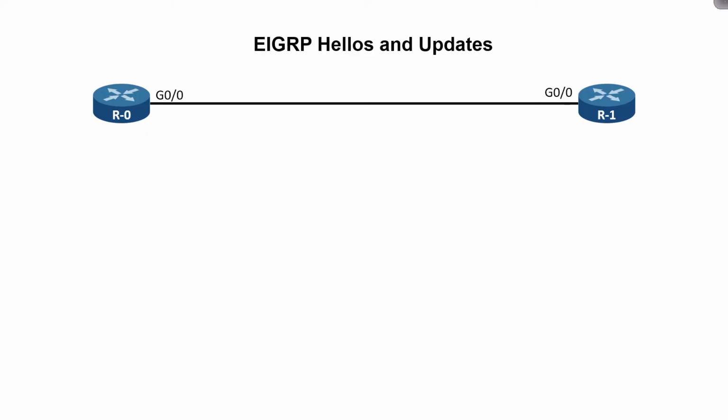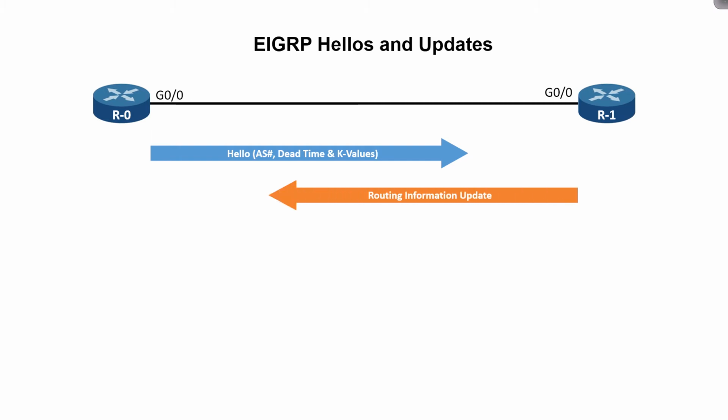Let's review the hellos and the updates between router 0 and router 1. Router 0 starts by sending a hello to router 1. Inside the hello are the autonomous system number, dead time, and K-values. Router 1 will look at the hello, and there are two requirements to establish adjacency. The autonomous system number must match, as well as the K-values. If they do match, router 1 will immediately send back its update. This update contains all routing information from router 1, and router 1 will also send a hello back